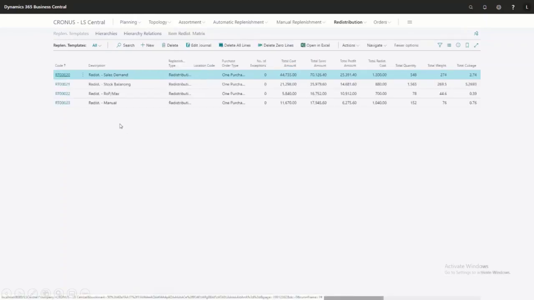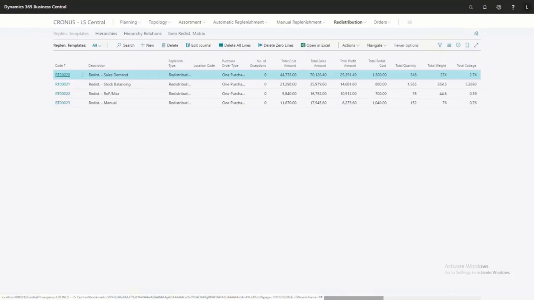Alright, so there are different ways for the system to classify what stock to move from A to B. And it's quite complicated. I'll give you the very, very basic explanation. The overall concept is item A will have stock in one or more locations. It'll also have sales in all of these locations. The system will calculate if the location has an overstock or an understock, and it'll do this based on sales